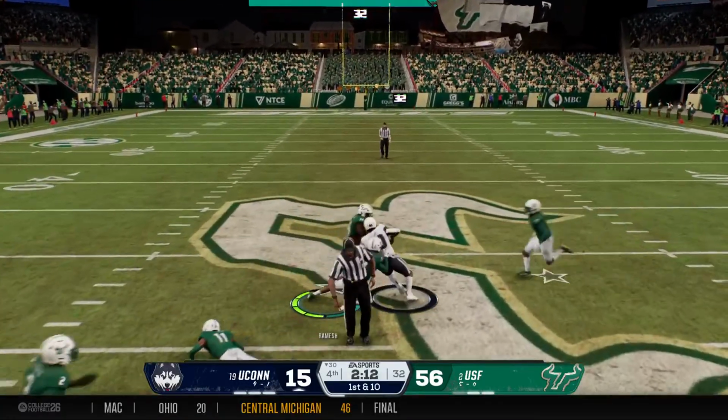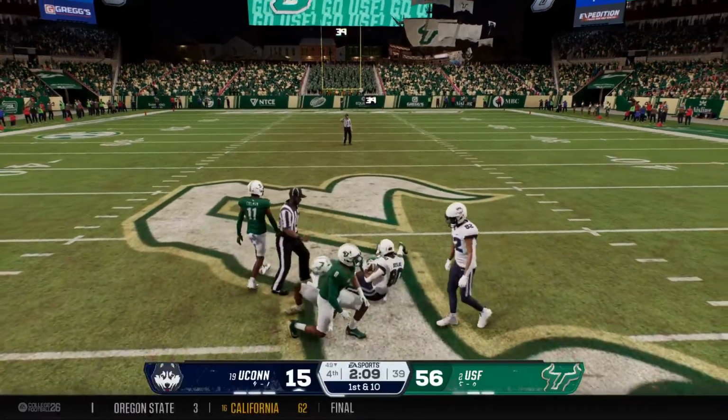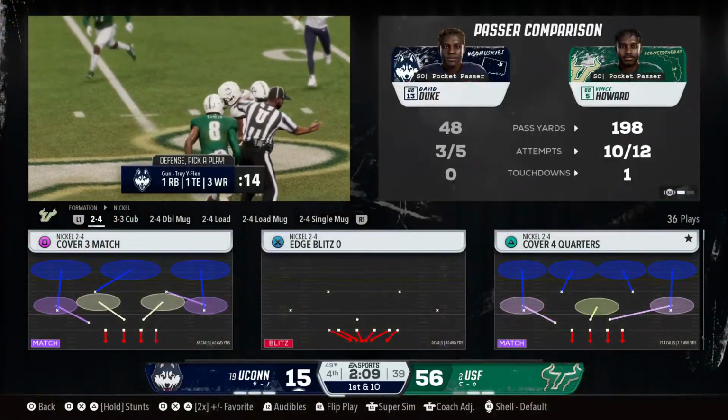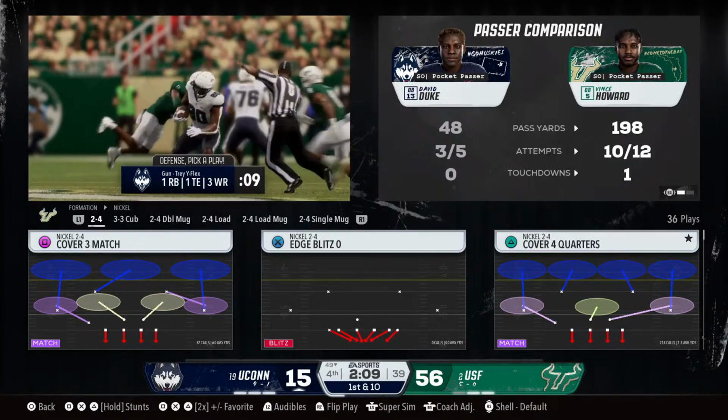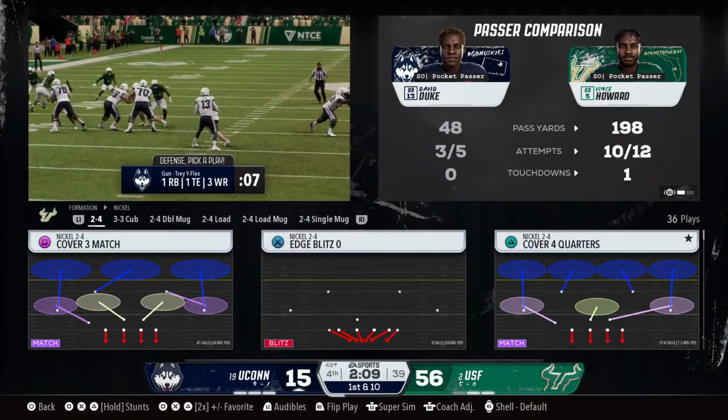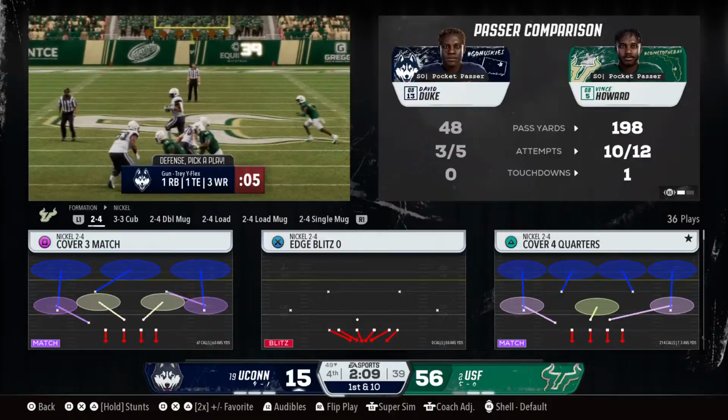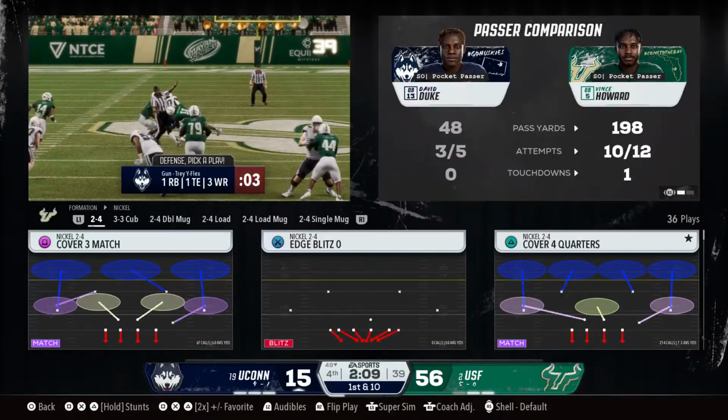Grab down the middle. It's Douglas. Defense finally brings him down, but a nice chunk play. Well, Chris, with this style of RPO, the quarterback has to do a really good job of staying on that ride with the running back to make sure that the defense is really up against the